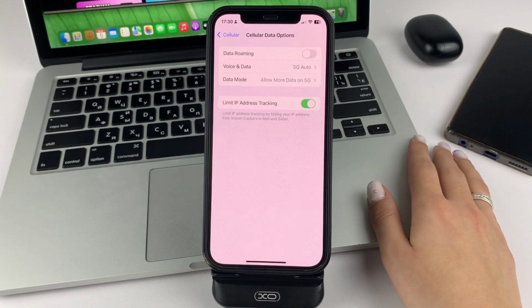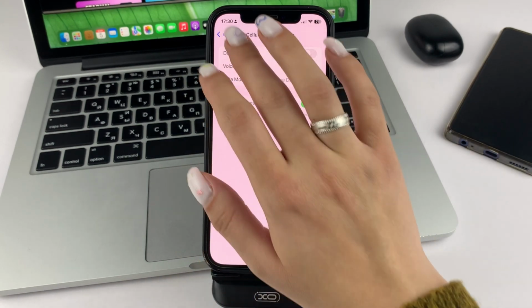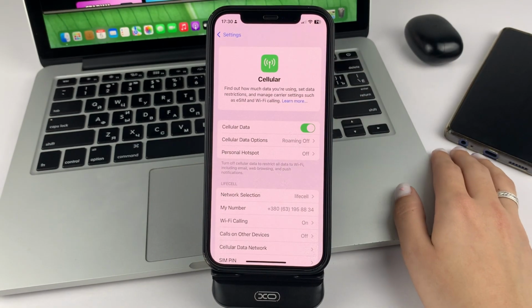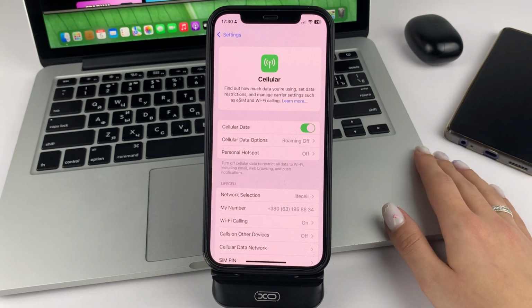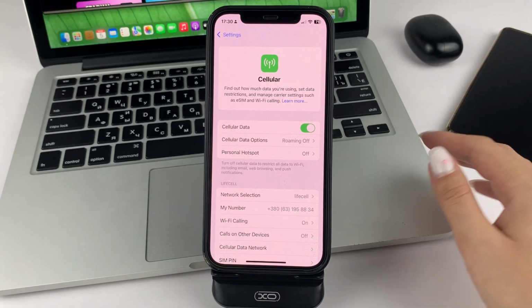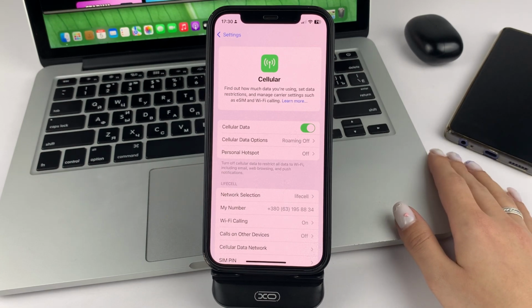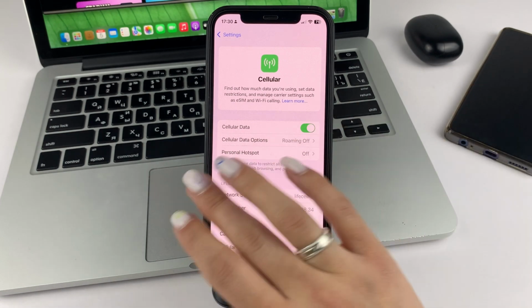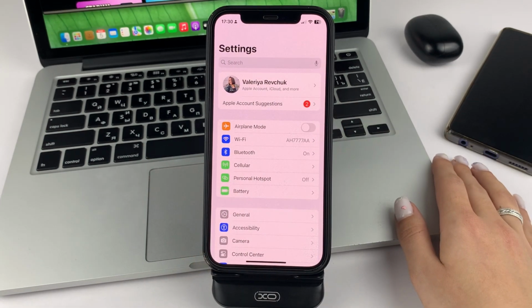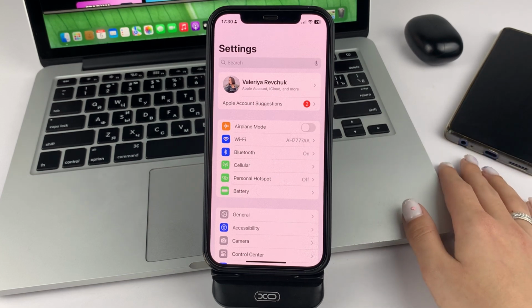But this option may not be on all iPhones, as it is determined, for example, by whether there is a roaming option, such an additional feature, in your package from your operator. If you don't have roaming in your starter package, it's logical that it won't be in your iPhone settings either. So, don't get upset if you can't find it. It means that it is simply not available to you by your operator, and if you really need roaming, then you can buy another starter package to have roaming enabled in it, and you can control it then.